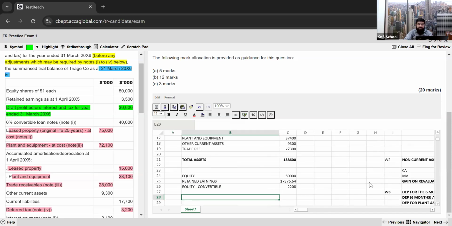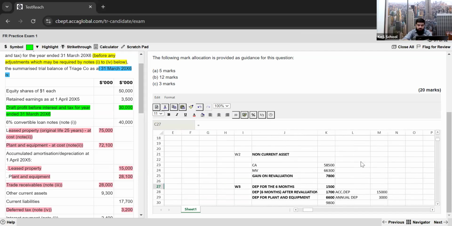Anything else? As far as the equity is concerned, is there any other equity account? Revaluation surplus. Very good. It's revaluation surplus, as we have revalued the asset. Although this information was not given in the trial balance, yes, we have a revaluation surplus. And the revaluation surplus that we have is